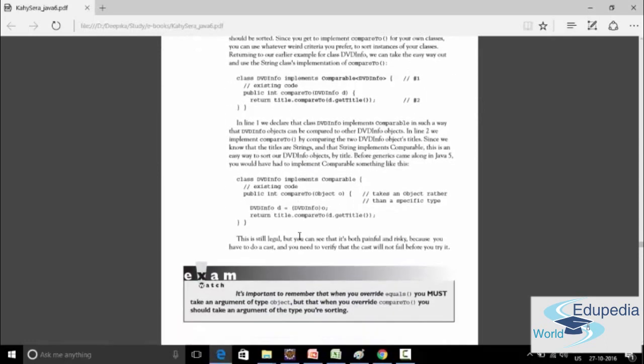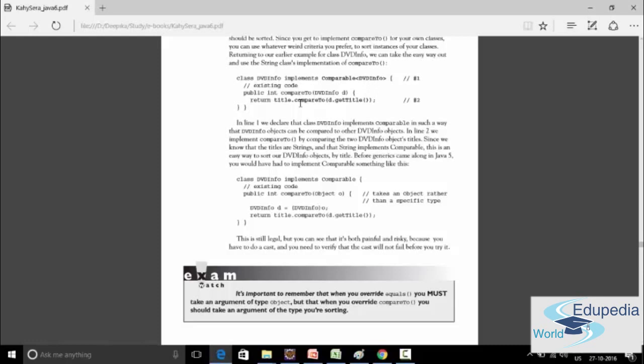Now this is a whole example you can see over here. So we have a DVD info class. Now we have made this class implement the comparable interface. Again in the comparable interface we have given the type DVD info. Fine. Now inside this class we are actually overriding the compareTo method which returns an int value. So when we override it, we can actually compare anything. Since in DVD info we have two or three data members, such as the title, then the song name or maybe a genre.